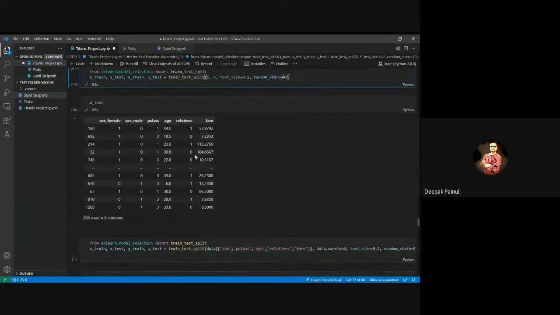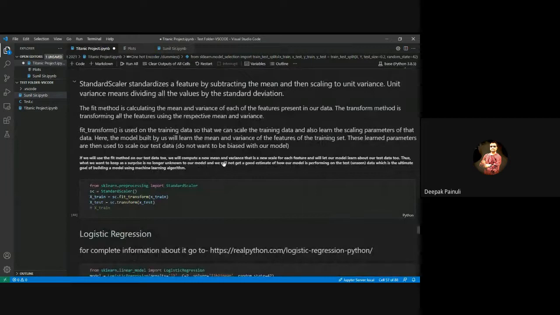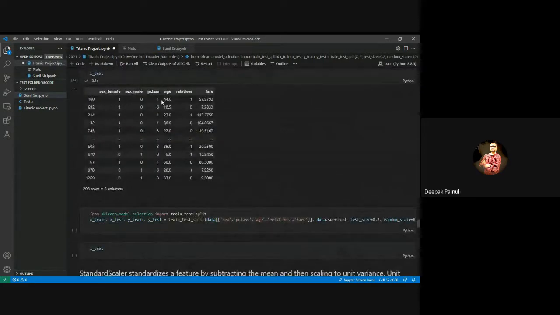Every data is in numerical form, so we need to scale it, because a machine learning model will give best results if it has data of the same range. So we need to convert these ranges, which are different for different features here, to a uniform range.